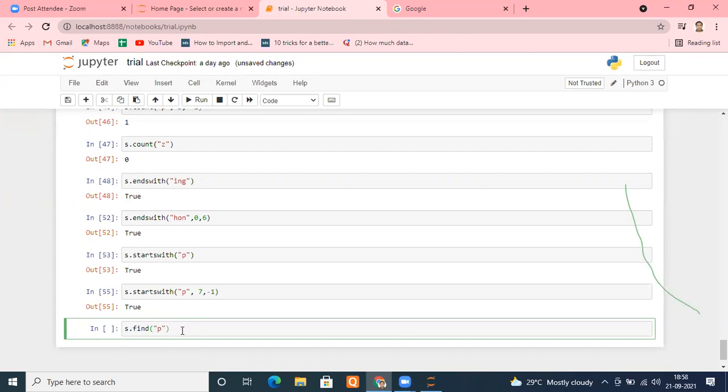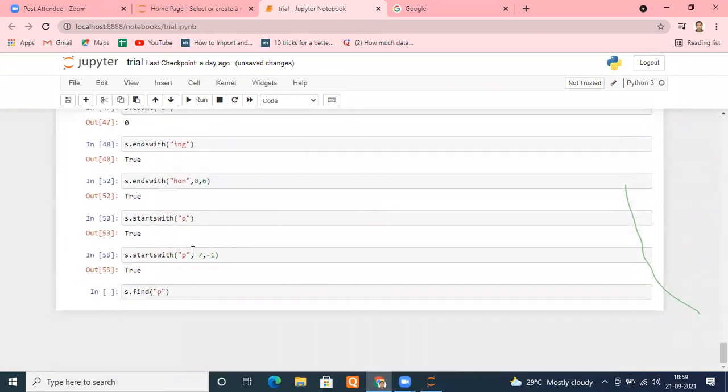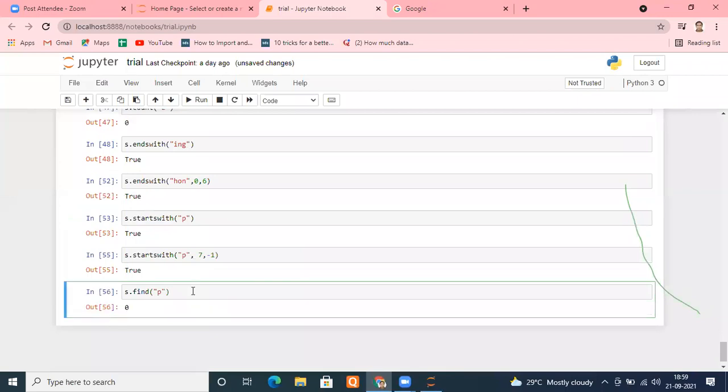It will take when P is occurring the first time in your string, not the second time, only the first time. It is occurring the first time here, and the index is 0. I'm running it, and it is returning its index. It tells the first occurrence of the specified value.